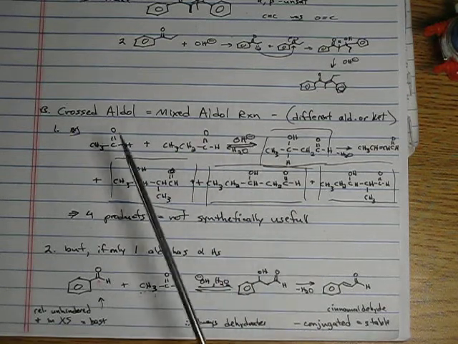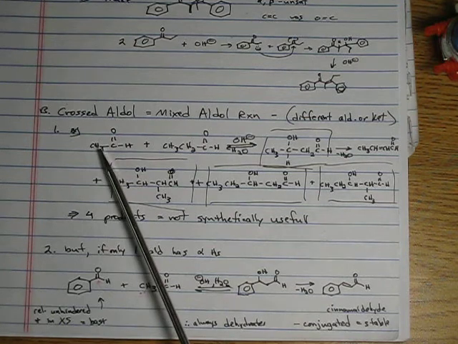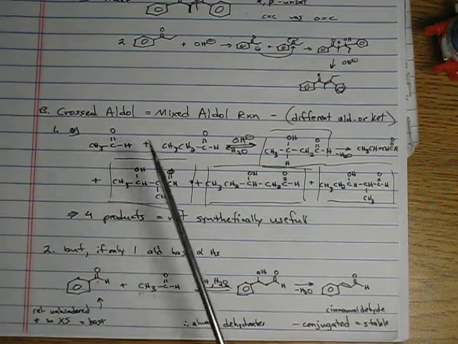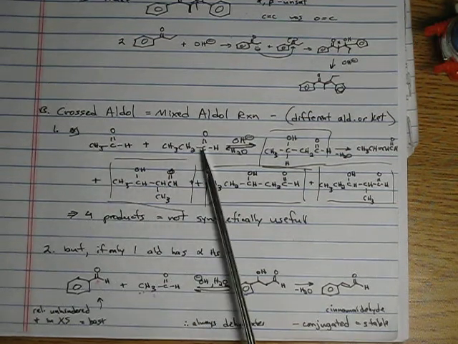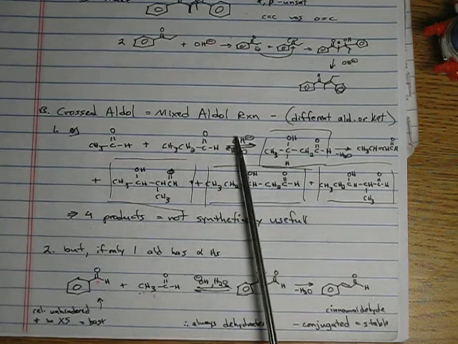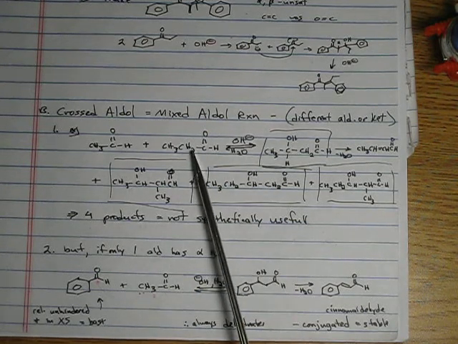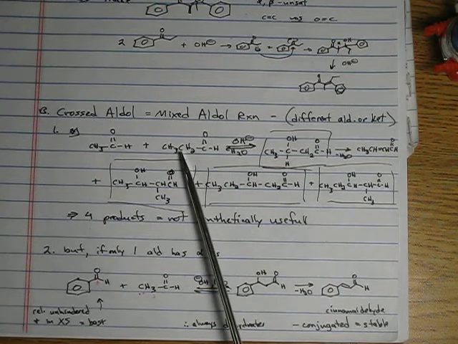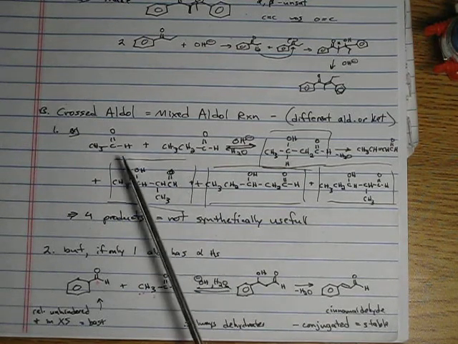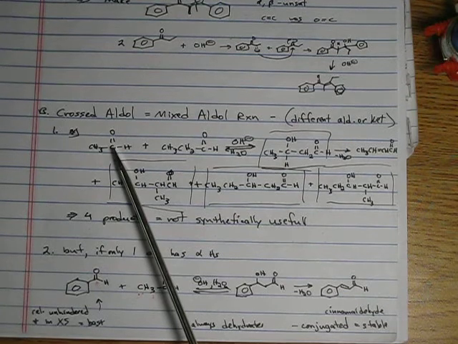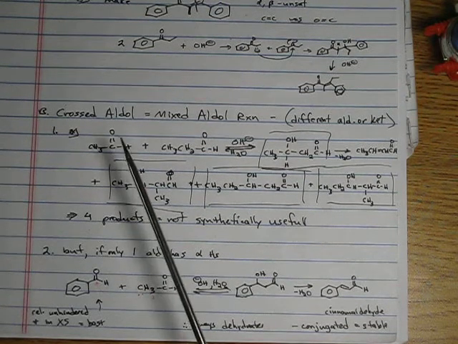The hydroxide could snag one of these hydrogens, and this carbanion could attack that carbonyl. So that would give us one product. The hydroxide could attack one of these hydrogens to make this carbon the carbanion, and that carbanion could attack this carbonyl over here. That's two products. However,